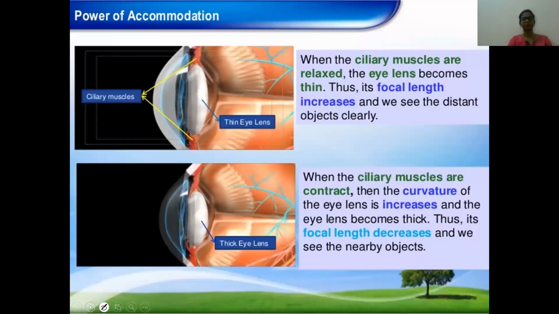Now try to understand this clearly. See, ciliary muscles, what will happen? You want to see a nearby object, you want to see objects very distinctly, means when ciliary muscles are,